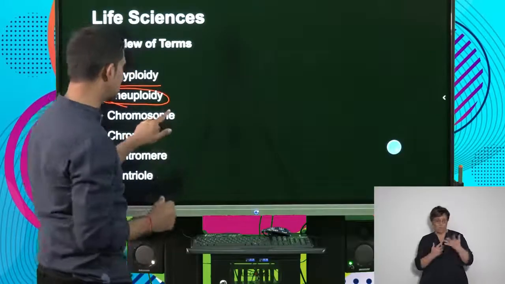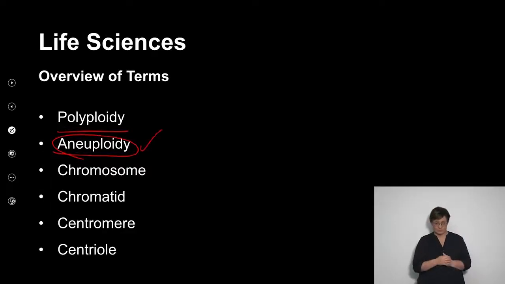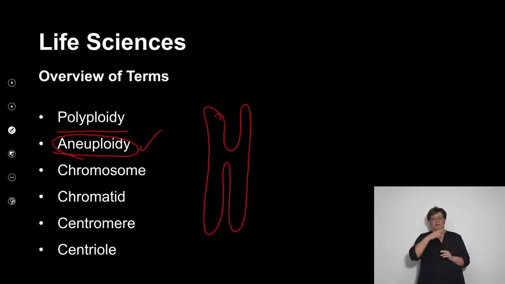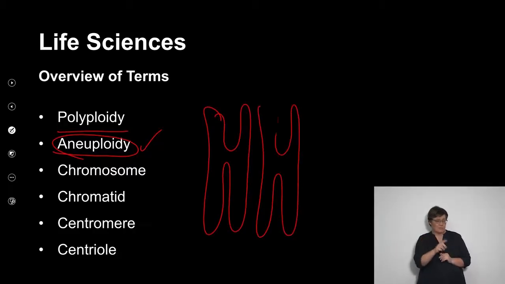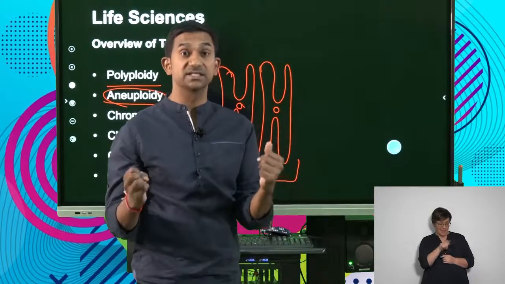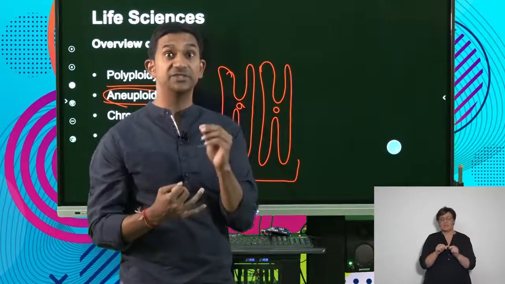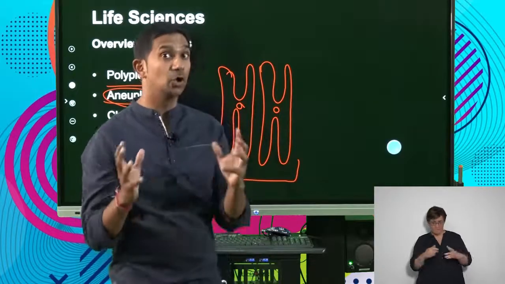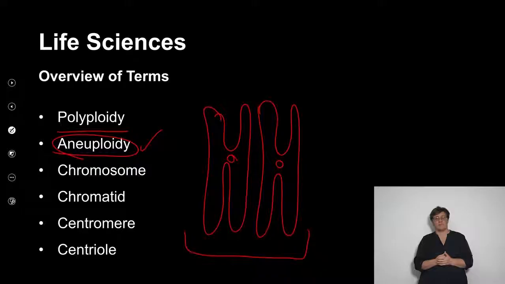So either one less or one more would be aneuploid. The concept of being able to identify what a chromosome is, and often I use this image to make that comparison. So here we have what we refer to as a homologous pair of chromosomes. Again, chromosomes that are similar in shape, size, and have genes at the same location. So homologous. And these contain chromatids, the structures that are produced and held together